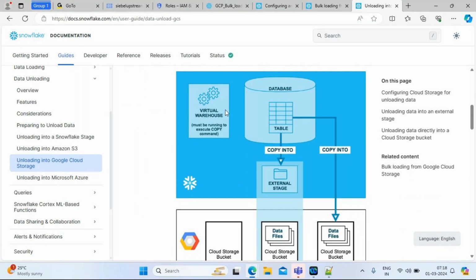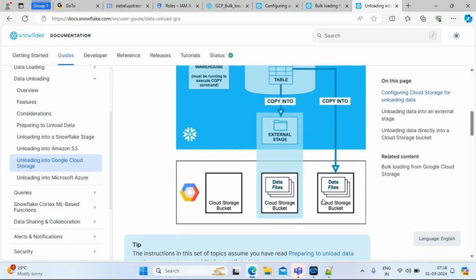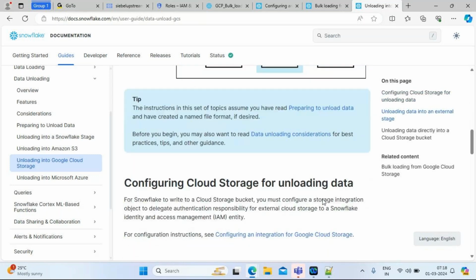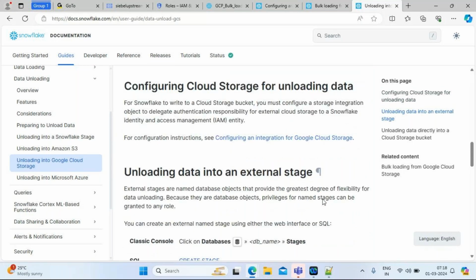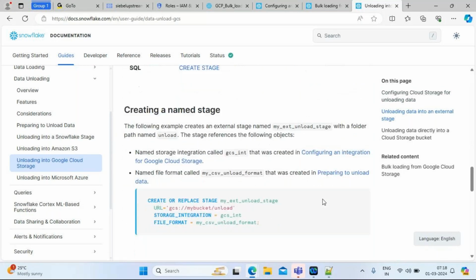Now you can see the pictorial view. You have a database, you have tables, and you use a copy into statement. You're just unloading into the bucket. Now what do you have to do? They have given some commands to you. You have to create some